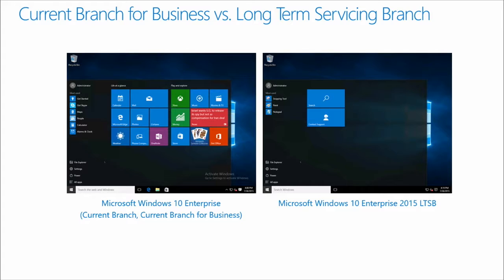Those apps are tied to services running in the cloud. Those services continue to evolve. As a result, those apps wouldn't continue to work. Plus, you've basically said you don't want new capabilities on these long-term servicing branch machines. So if we were to push out app updates, that's new functionality. That changes things. That has the potential to cause issues, which is why you're running long-term servicing branch in the first place. So we're removing all of that just to basically make it very clear that what's left in the operating system is what we're supporting for the long term.